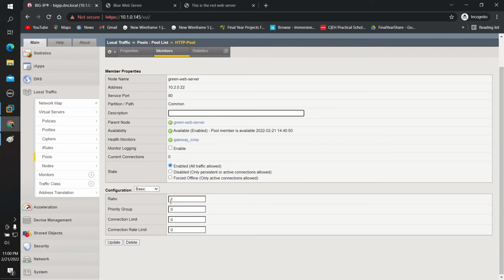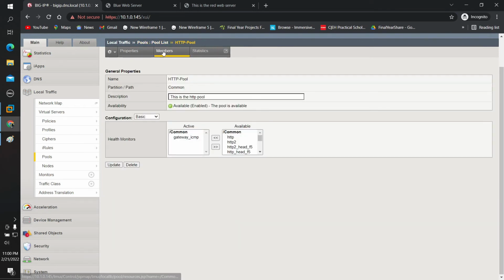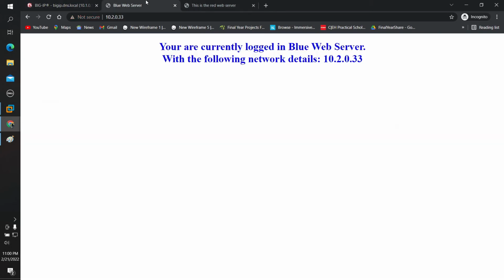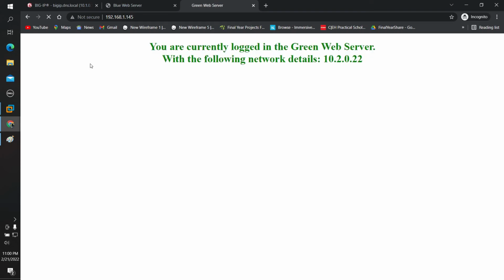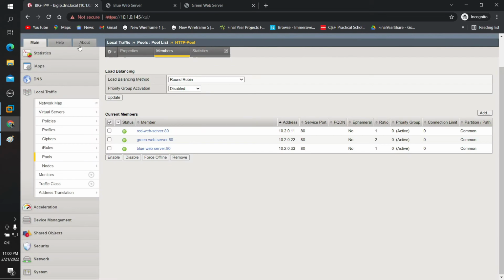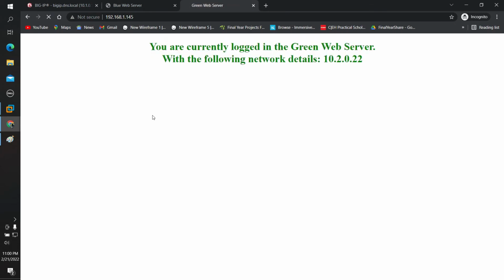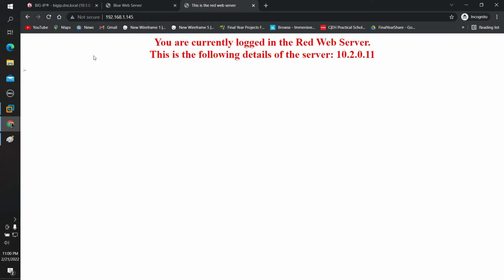So if we configure the green server to 2 and click update, now let's click on the pool members. Now the green web server should be seen more often than the red and blue server. To see the difference in traffic, we just need to go to statistics